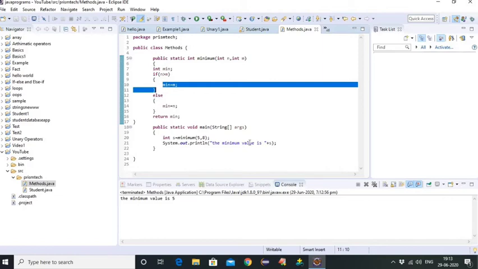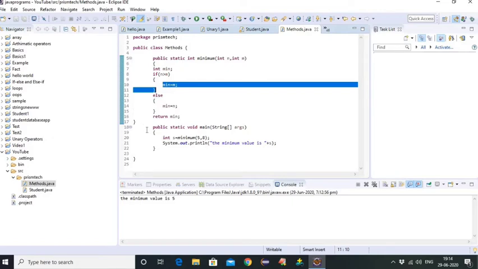When a program calls a method, the program control gets transferred to the called method. This called method then returns control to the calling method in two conditions.